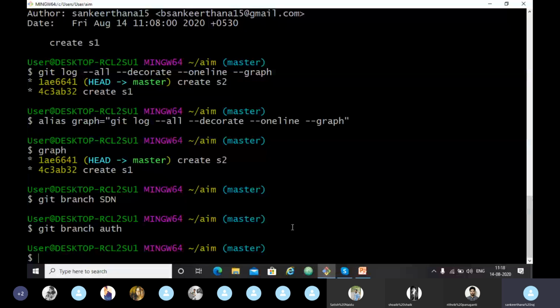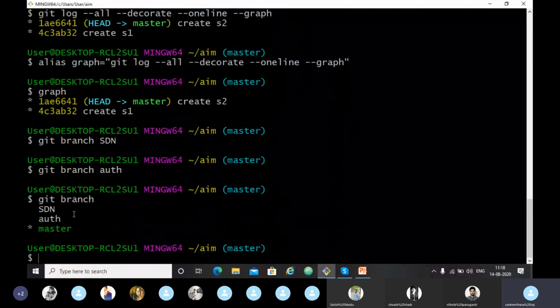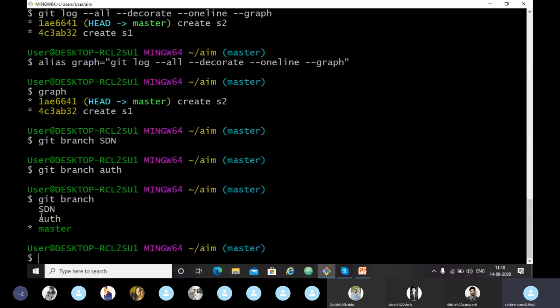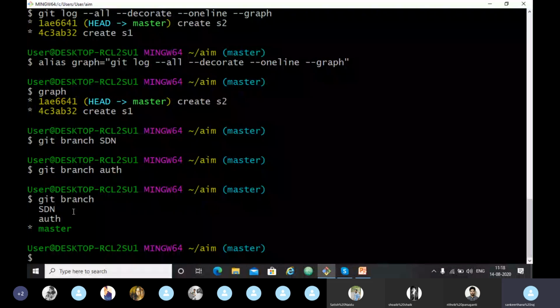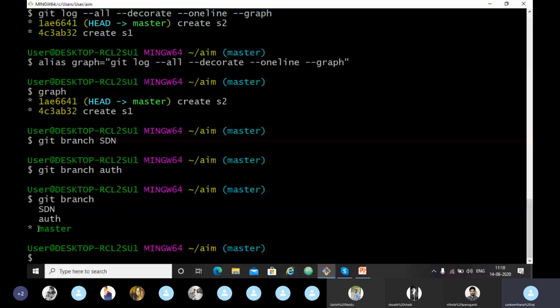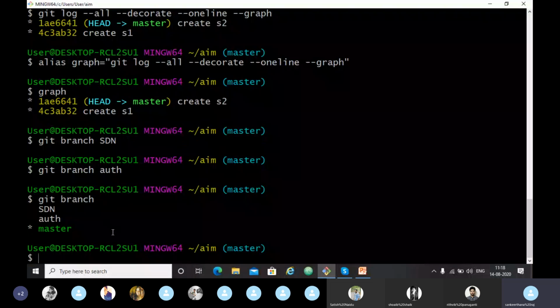Git branch is the command we use to see the branches we have created. Here the asterisk symbol is showing on master, which means we have already checked it out. The other two branches, SDN and auth, have yet to be checked out in our process.